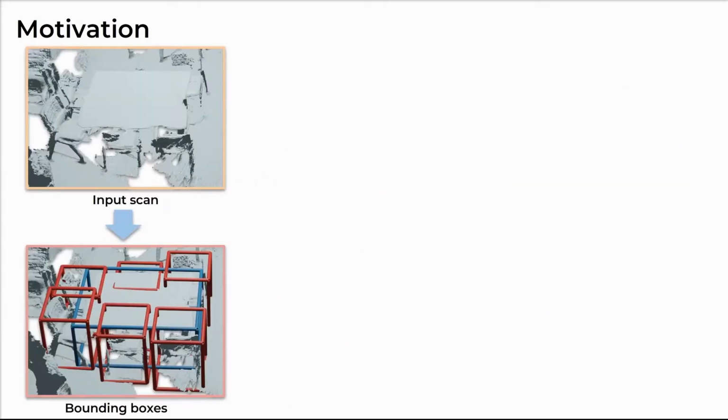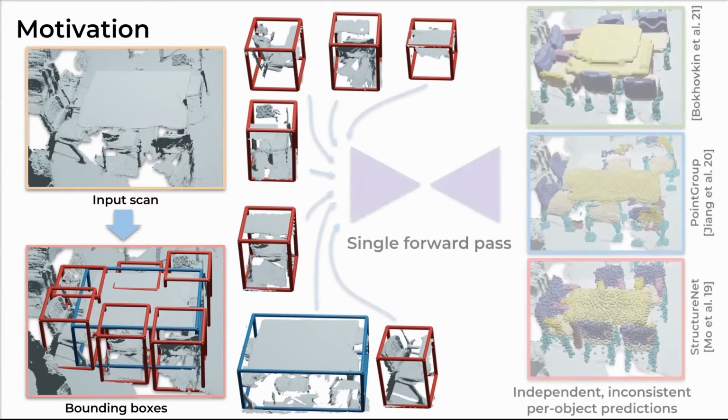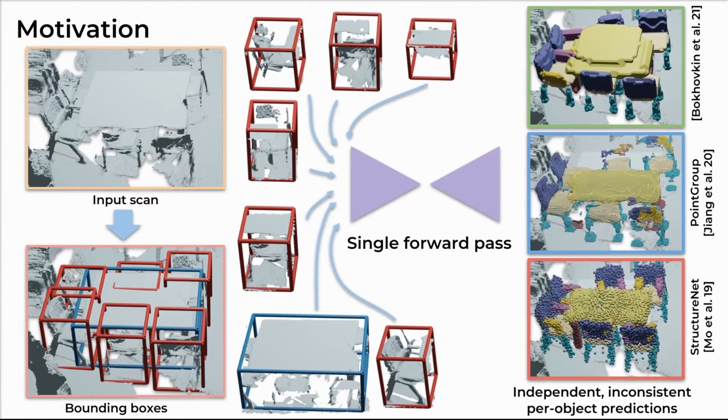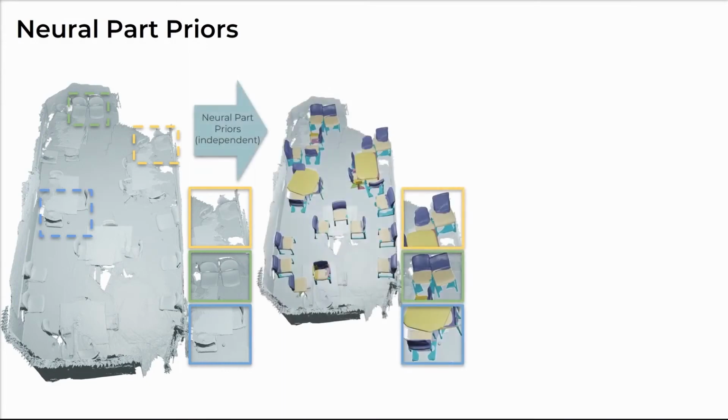Current methods make independent predictions per object, with a single forward pass on each detected object. This produces both inconsistent predictions in a scene, as well as results that do not precisely match the input geometric observations. Our approach takes as input an RGBD scan. We first estimate independent predictions for part decompositions of each detected object. We then refine the estimates by optimizing over our parametric latent space to fit both input geometry constraints, as well as